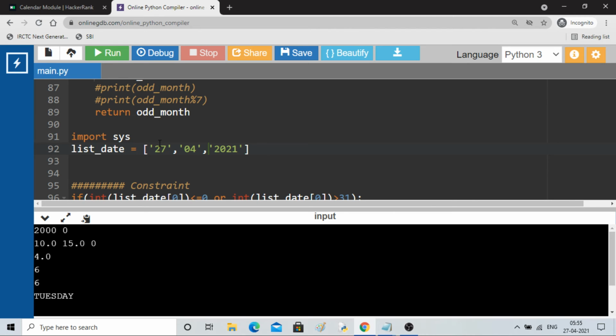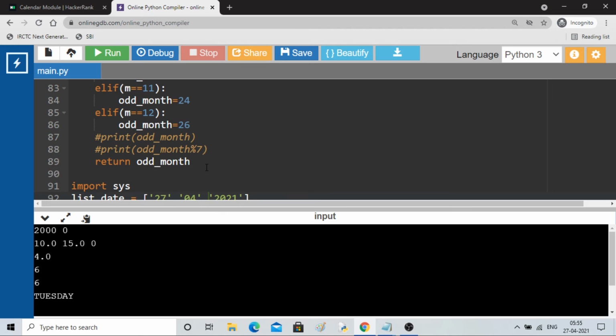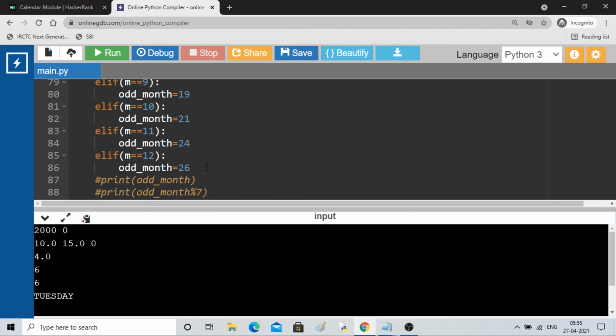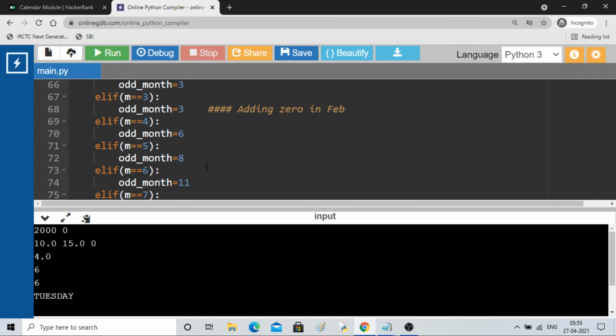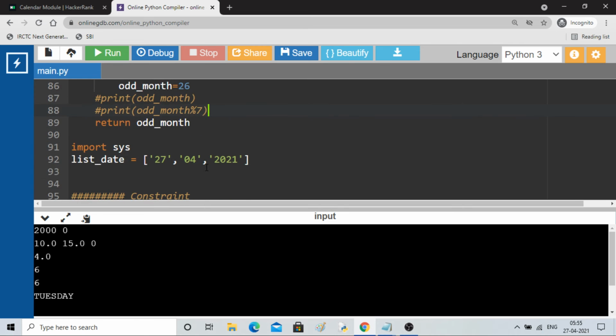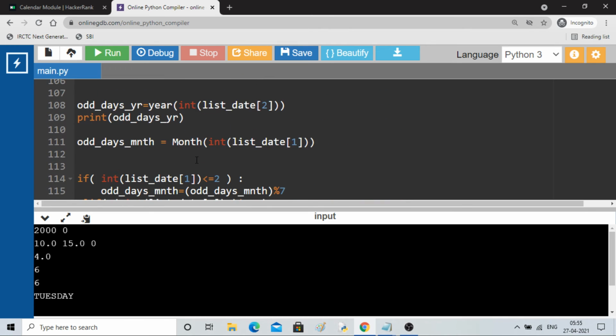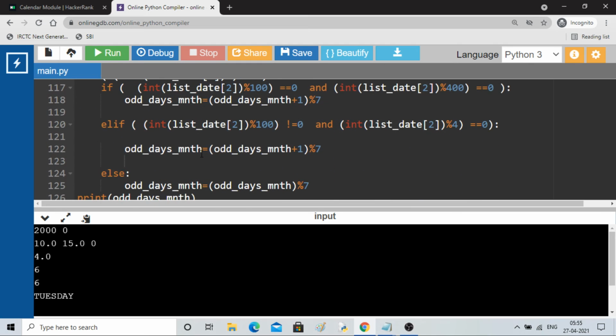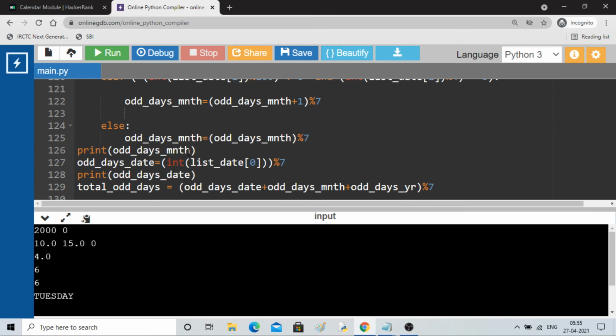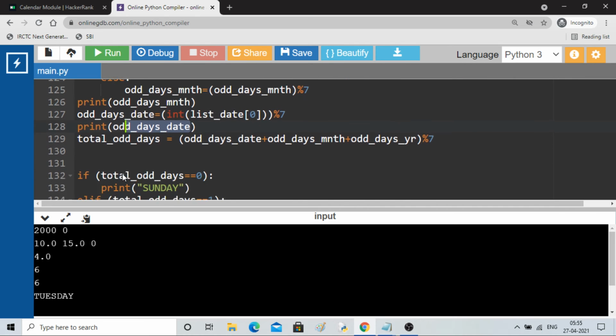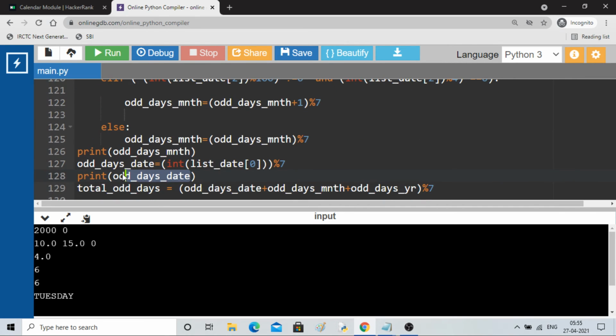So then what is being printed here? Let me check. Number of odd days: 4, then 6 and 6. So here I have printed the odd days in a month, the odd days in a date, and Sunday.